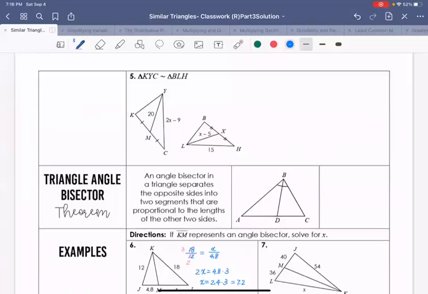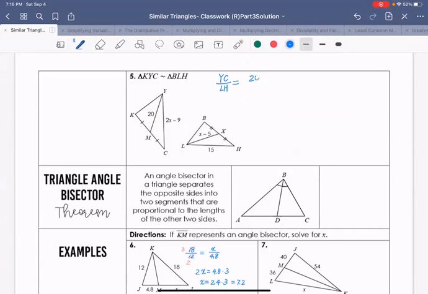Look, YC is corresponding to LH, the last 2 digits, right? So let's write down YC over LH. It's going to equal the median ratio, 20